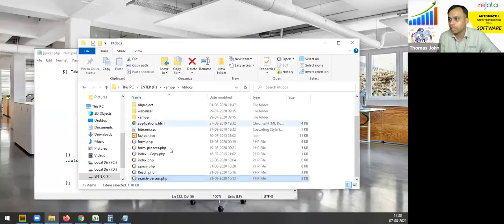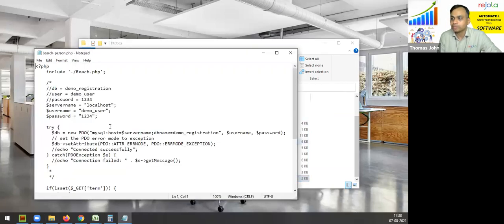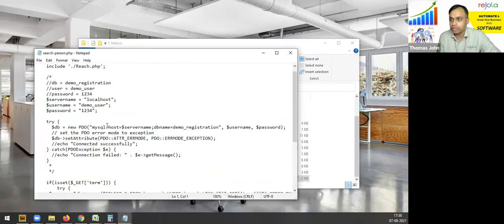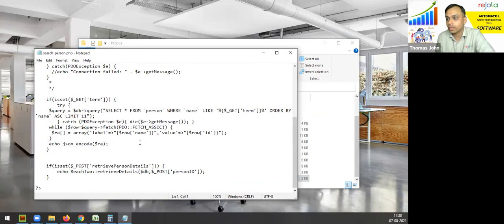How is that coming? If I open this search person file and see here, you will see two things. I am sending label, which has the name, and value, which has the ID.